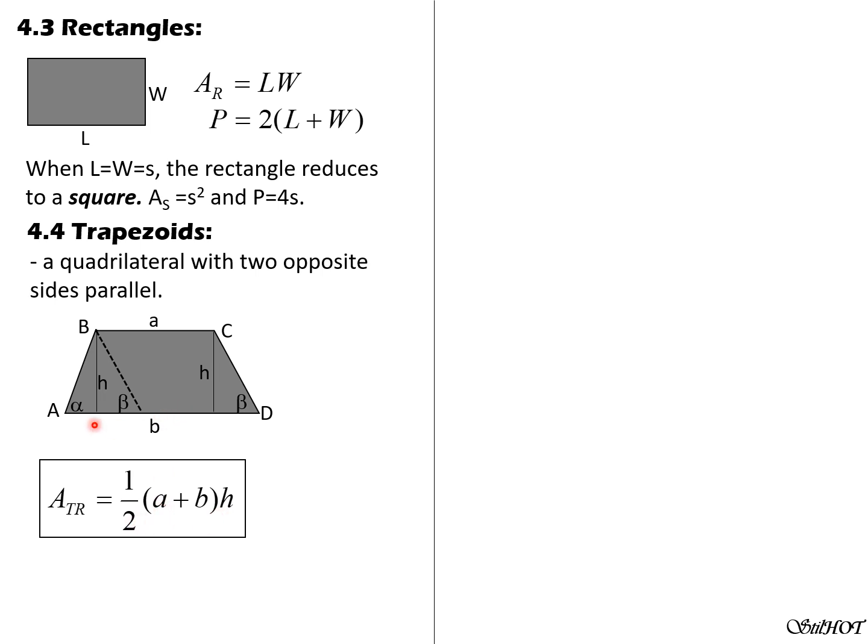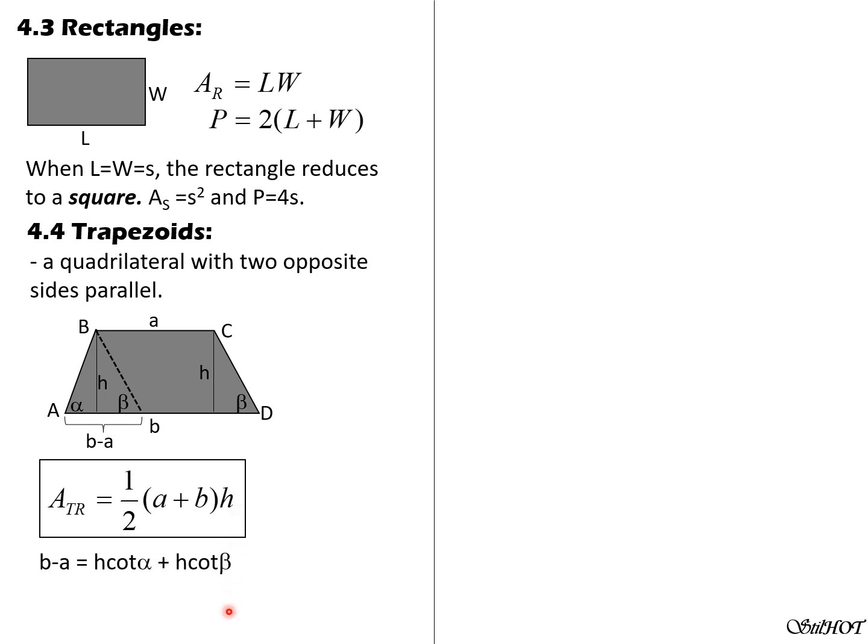So again, this is B minus A, and this angle measure is denoted by alpha. This angle, because these two sides are parallel, is beta. So B minus A is this length plus that length, where this length is H cotangent alpha. This right portion of the base of the triangle is H cotangent beta. So B minus A is H cotangent alpha plus H cotangent beta.